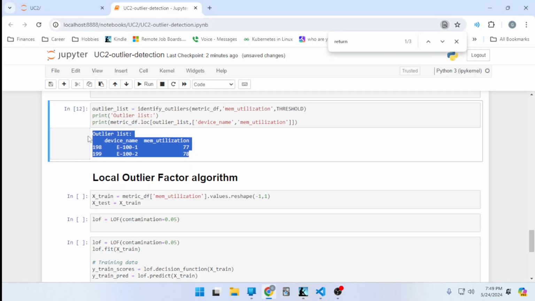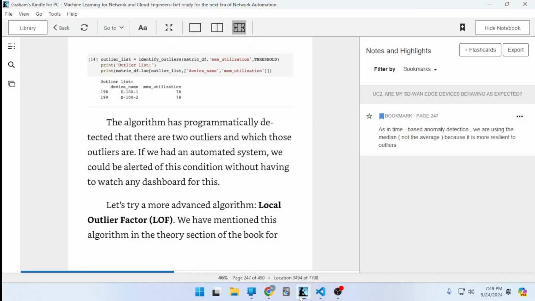We're using our own numbers, generating our own values using that simulator that the author included. So the simulation came up with slightly different values. The algorithm has programmatically detected that there are two outliers and which those outliers are. If we had an automated system, we could be alerted of this condition without having to watch any dashboard for